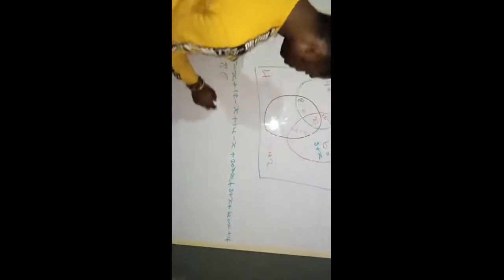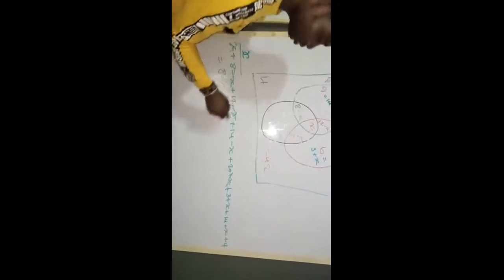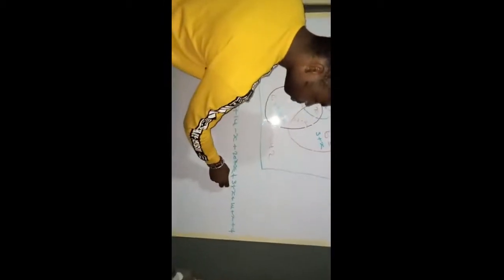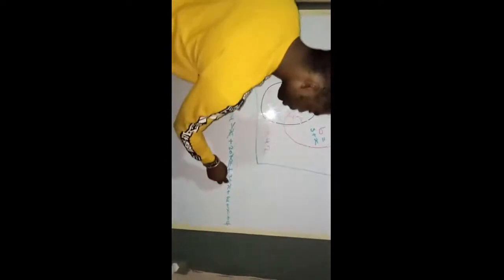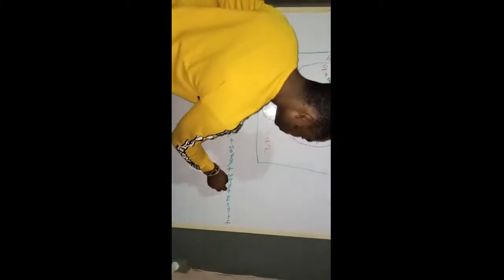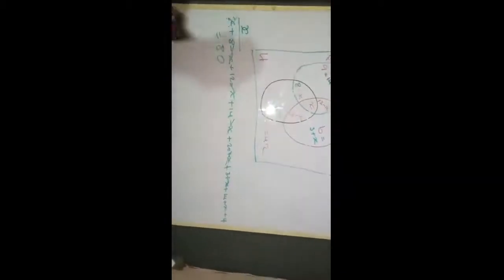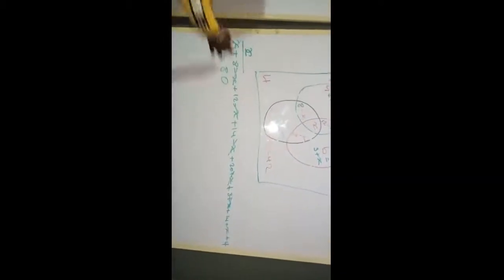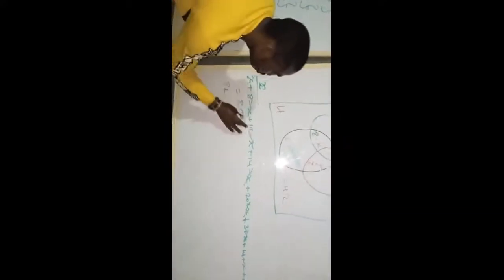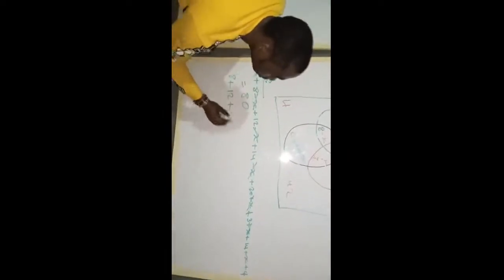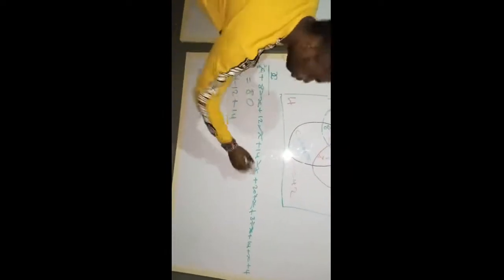So this minus x plus x can cancel this minus x. Then we have positive here, also we have negative here, so this one can also cancel this one. Then after that you can now add together all the remaining subjects. So we now have 8 plus 12 plus 14 plus 20